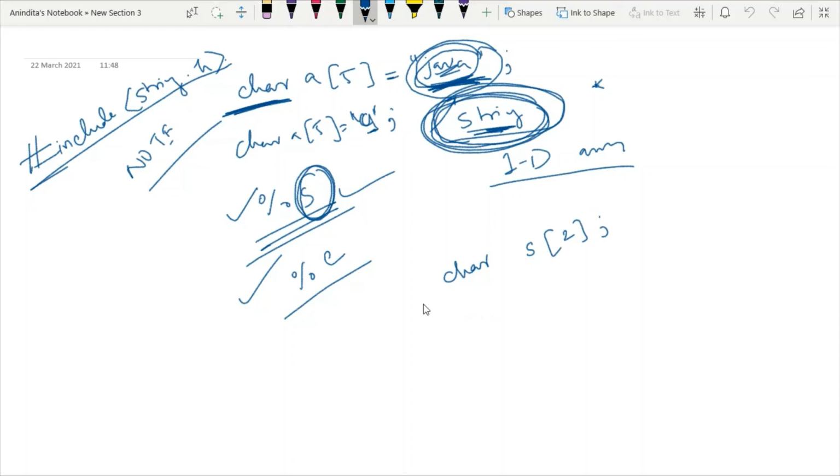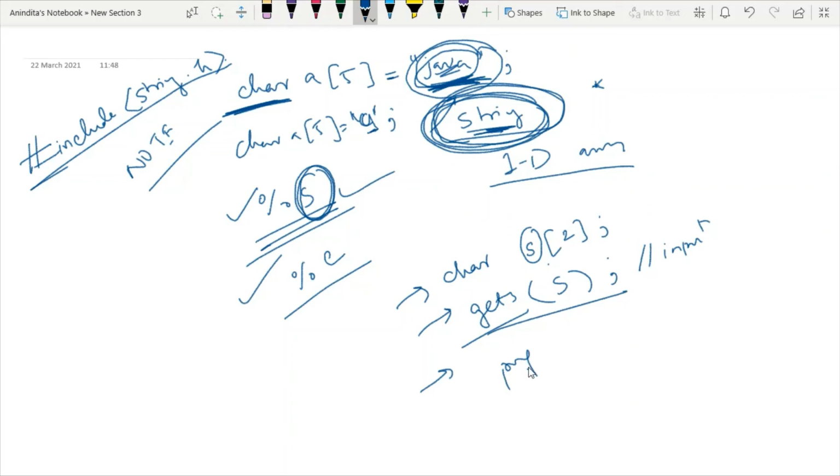Whenever I have a small array and I want to take input in that array, I can use the gets function. And how to use the gets function? Just write the gets function and just the array name. Done. So this is how we can take input from the keyboard. Now how to print this value? I will write printf, then %s and then the array name.